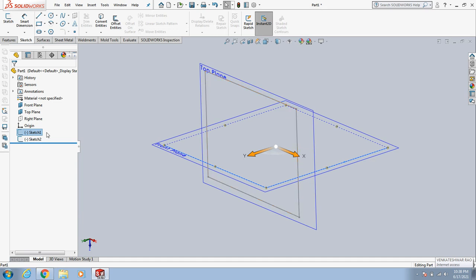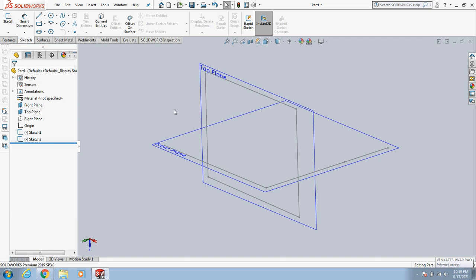You can see whatever you have done on this screen. In the first stage I have drawn sketch 1 on the front plane, and in the second stage I have drawn sketch 2 on the top plane.